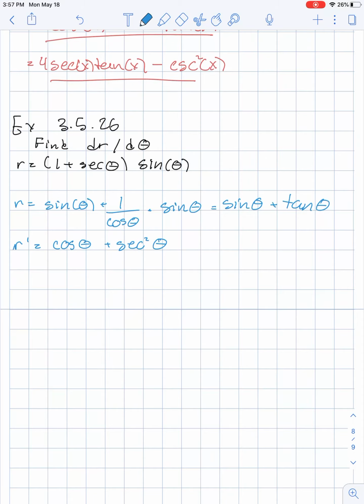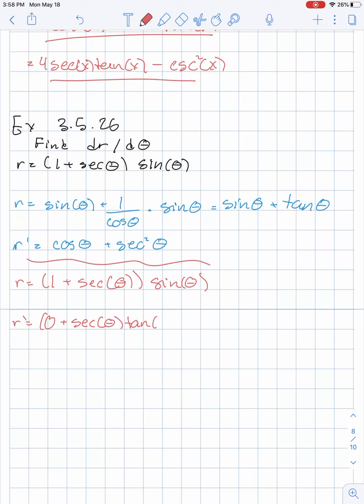But what if I just don't think to do that? I just see two things multiplied by each other. I can't remember what secant is right now, but I know its derivative. Let's just keep rolling. So then we can just leave r as 1 plus secant theta, and use product rule. Nothing wrong with that. So then r prime, I'm going to take the derivative of 1 plus secant theta. So the 1 is going to be 0. And then secant theta's derivative is secant theta